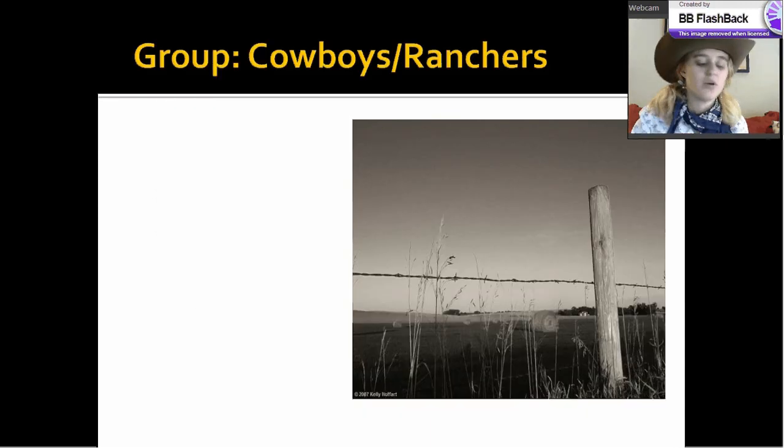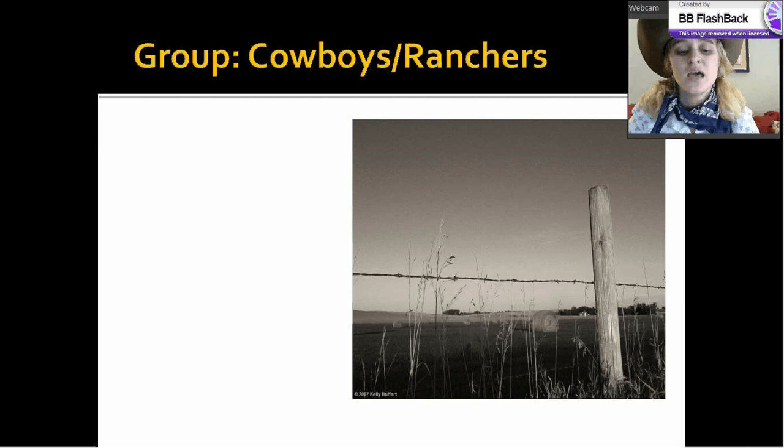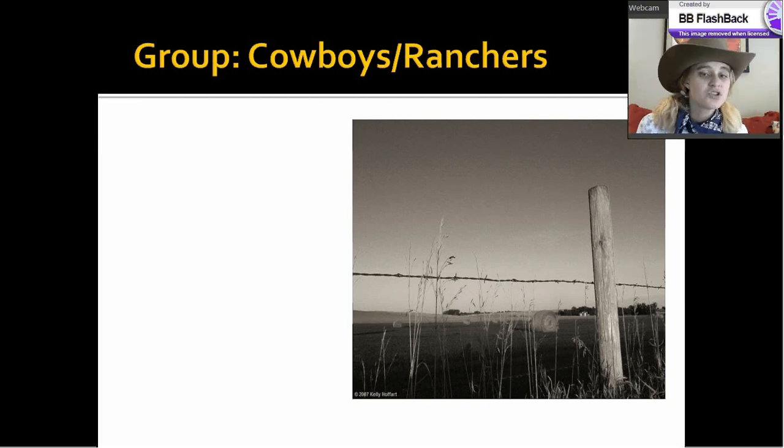So the next group I want to talk about here today are the cowboys. So really, there's nothing more American than a cowboy, right? That's what we think of. Here's the thing. Cowboy culture really only lasts about 30 years. It's very short-lived. So you might wonder why it becomes such a big deal. What happened? Where did it come from? It actually dates back to Mexico. There's a lot of influence from some Mexican traditions there.